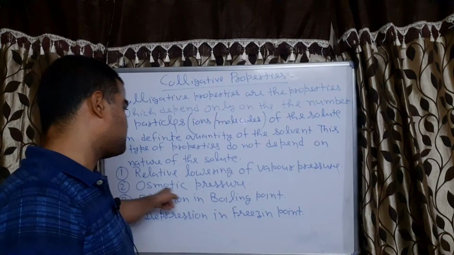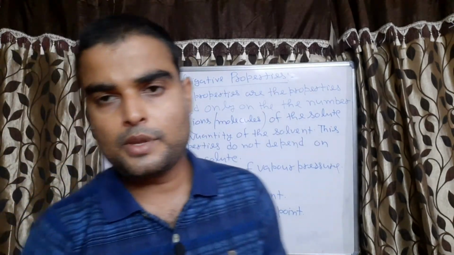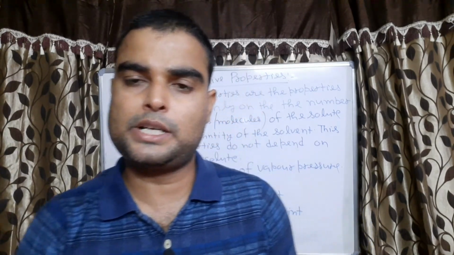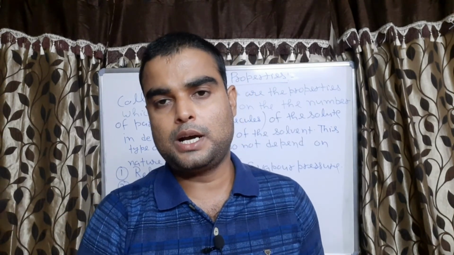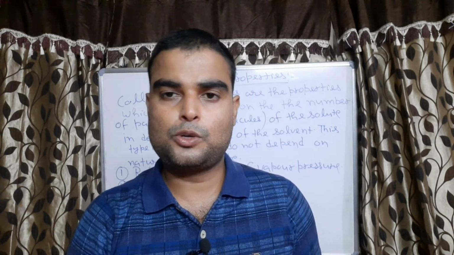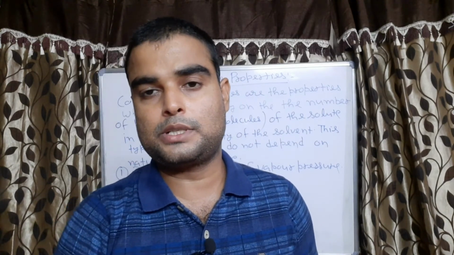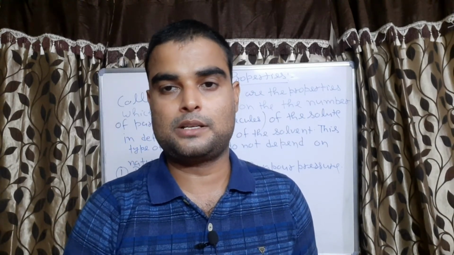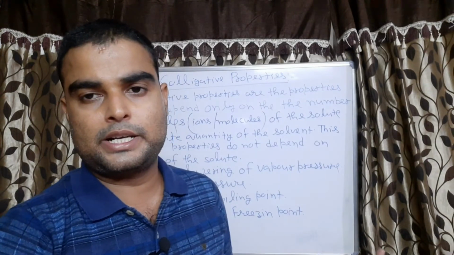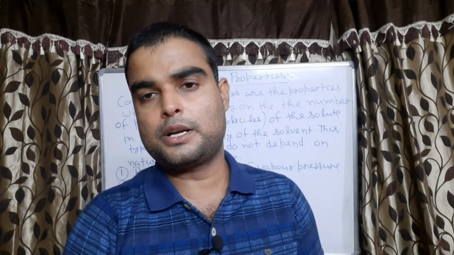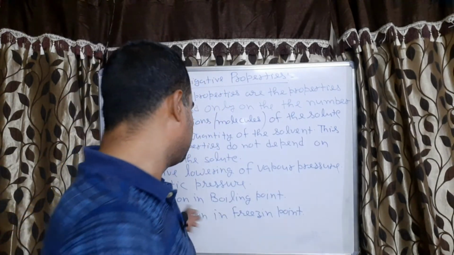Now come to the osmotic pressure. How much will be the osmosis? Osmosis means it is happening from lower concentration to higher concentration, correct. So how much will be the difference between the concentrations? That much fast will be the osmosis, and how fast the osmosis is, that much will be the osmotic pressure. So, of course, it is a colligative property because it depends on the number of particles.